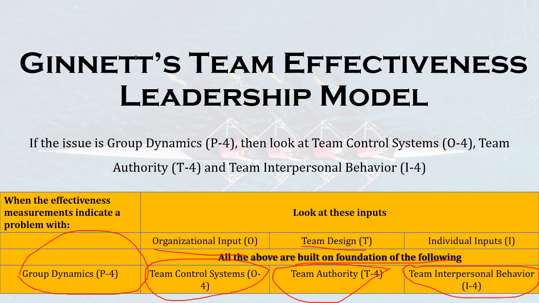It talks about the functions, it talks about input, process and output of the effective team, the process of an effective team. It also talks about the feedback. Whatever feedback you collect, if there is a deviation from what actually has to happen, then this theory tells where the deviation is and what things need to be corrected in order to make the team function in a smooth way. So this is all about the GNet team effectiveness leadership model.